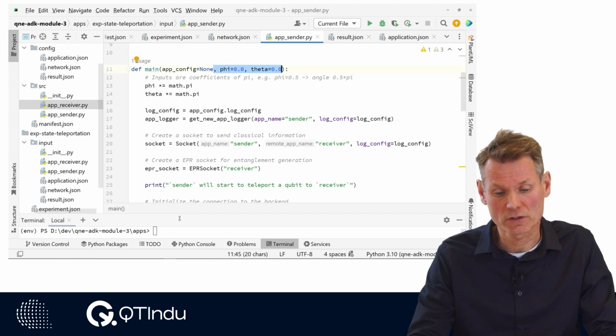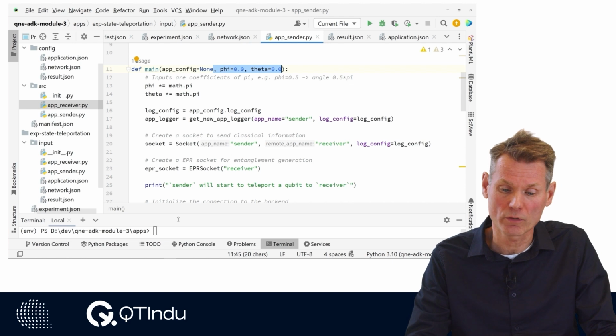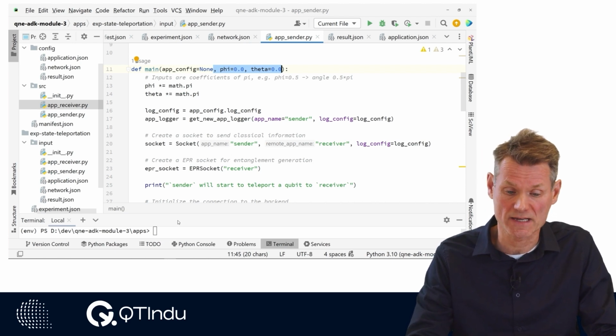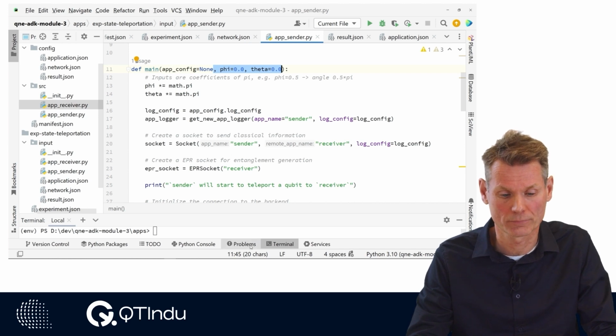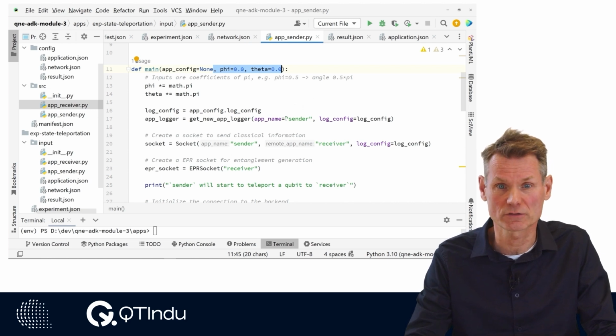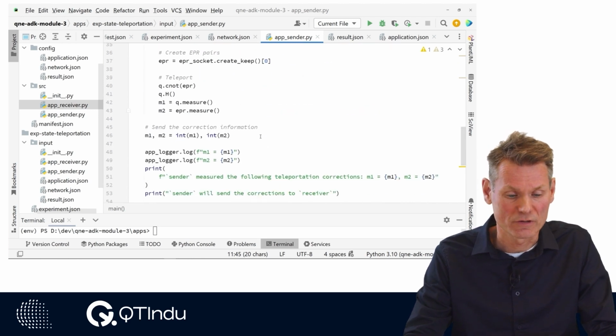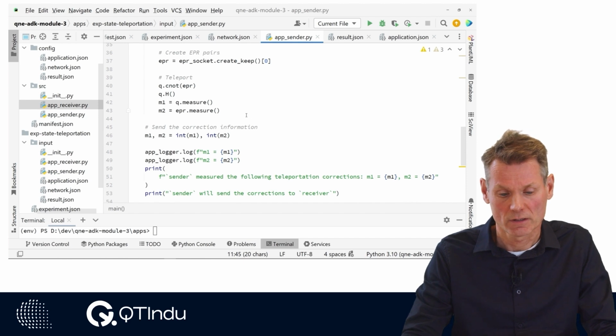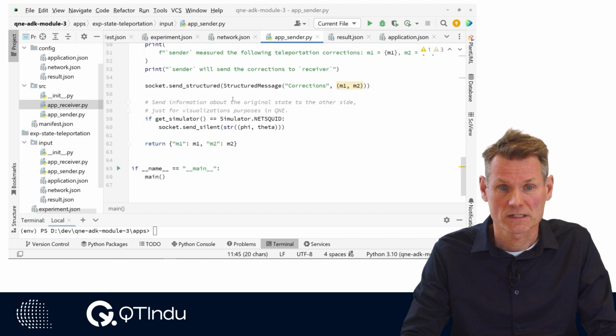The simulator runs these Python programs for each role and dynamically feeds the inputs coming from the experiment asset to the main function of the respective role. The results of the simulation are returned as return values of the main functions for each role. The return value is a dictionary with key value pairs.